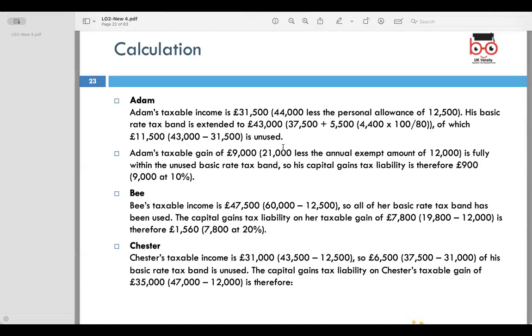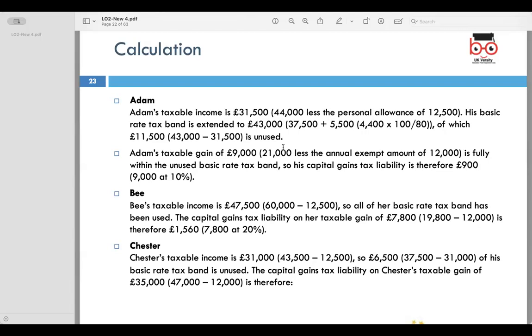Adam made a taxable gain of 9,000 pounds, which is 3,000 pounds less than the yearly tax-free amount of 12,000 pounds. So this means that Adam's gain falls completely within the unused basic rate tax band. Because of this, he owes 900 pounds in capital gains tax, which is the same as 9,000 pounds at a